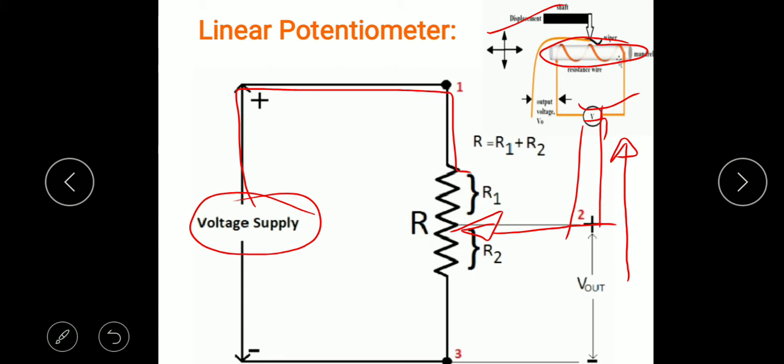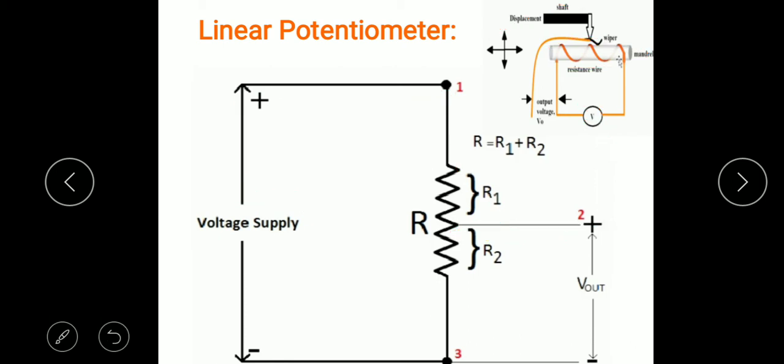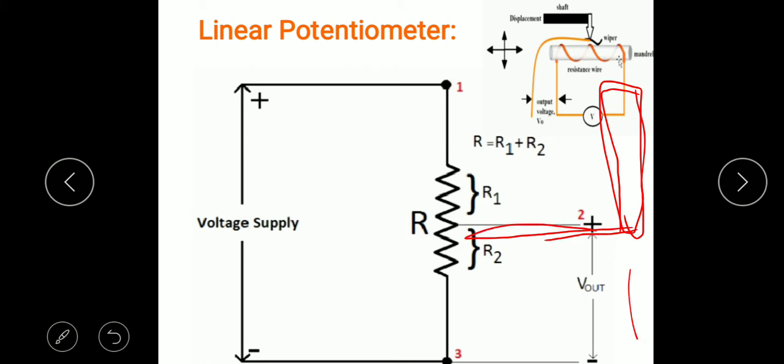Consider this as a circuit. In that circuit, this is the shaft. I will erase all first of all. So consider this as a shaft, and the wiper is connected to this, and this portion is moving. Okay, now when the shaft moves, that time the wiper also will move. So the wiper may move upward or downward in direction.